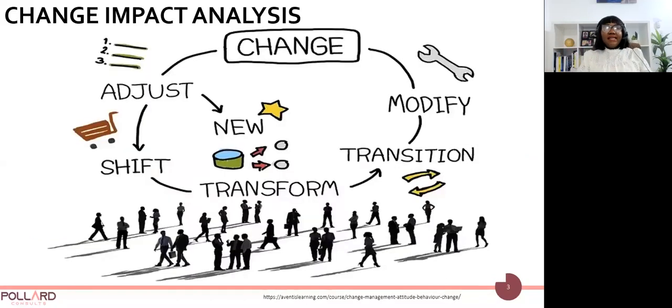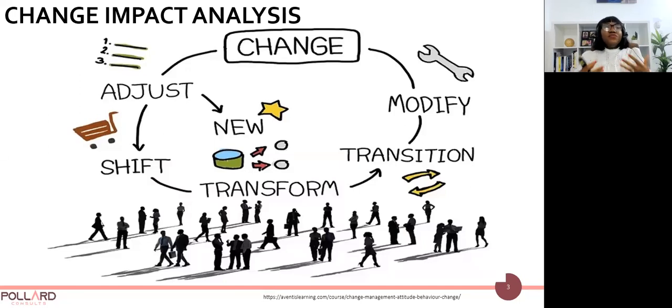Change impact analysis today, as we'll be talking about it, is not the analysis that takes place as part of the IT disaster recovery plan. It's also not the assessment to ascertain the complexity of a project or how a change impacts the people, their roles, and their attitudes and culture. That is not the perspective I'm taking today.